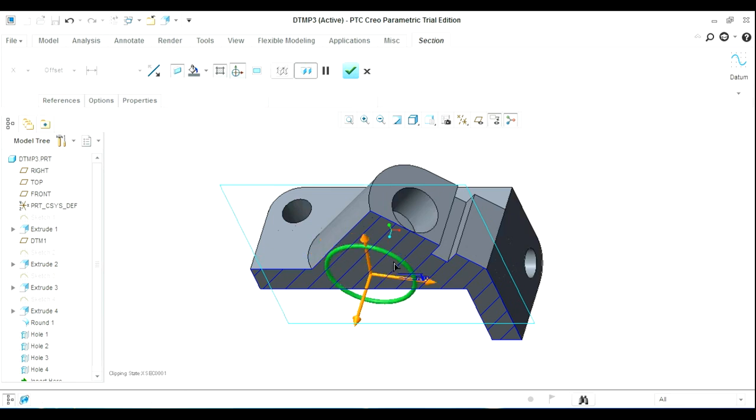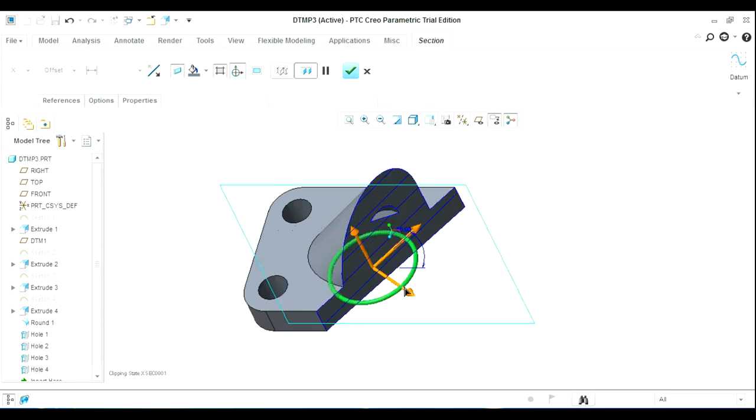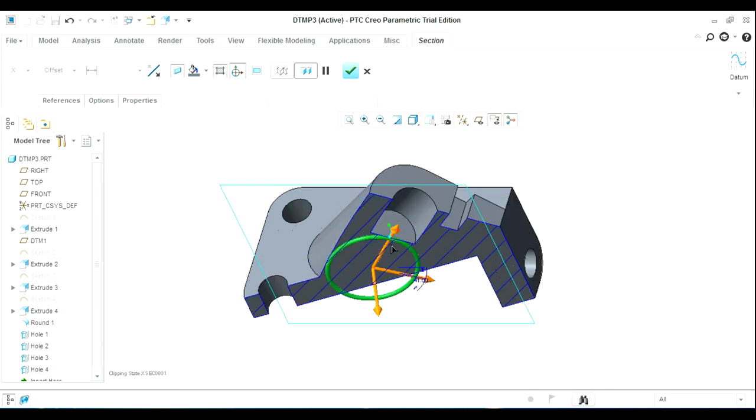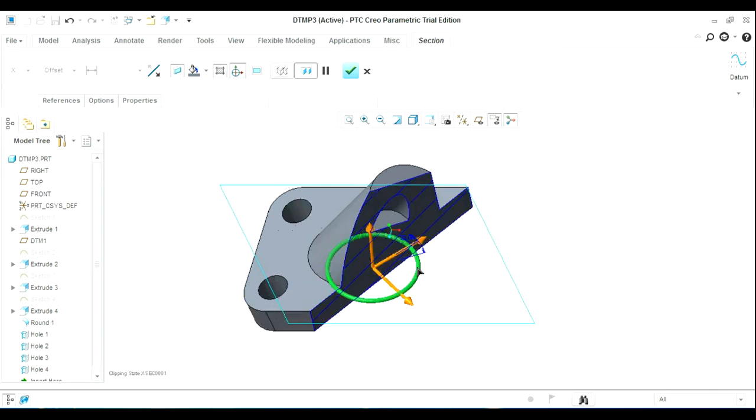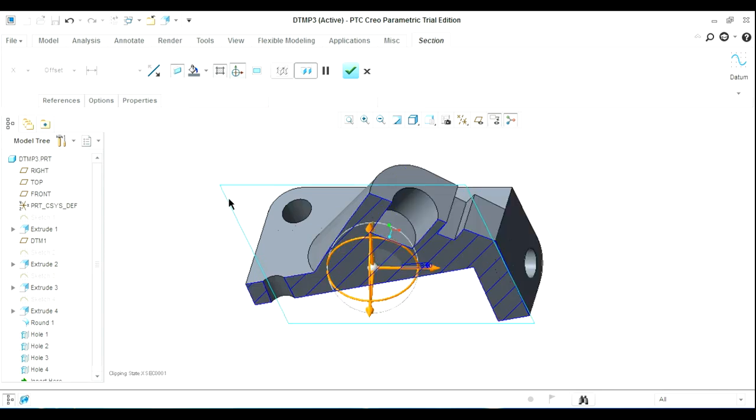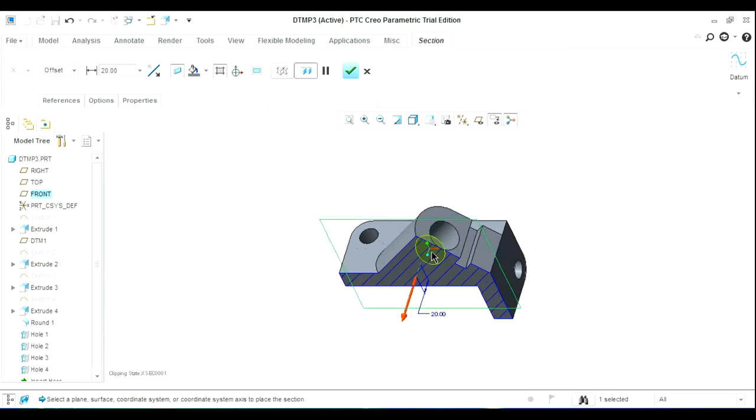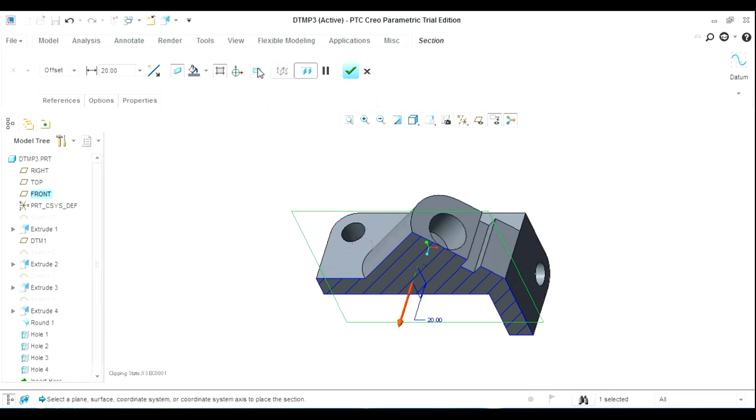Then you can enable the free positioning of your clipping plane. The free positioning will allow you to translate or rotate the orientation of the cutting plane in the model. As you can see, the different orientations are displayed. Then you can display the X section in a different 2D section viewer where you can rotate and flip the orientations of your cutting plane.